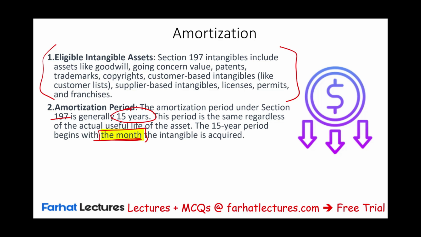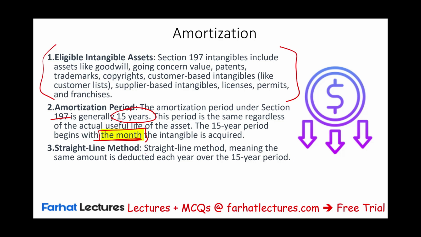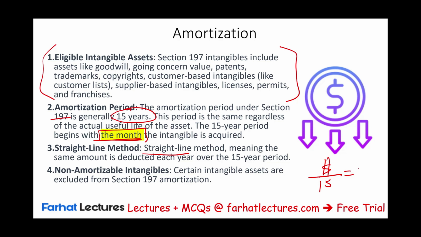Because on the CPA exam or on your exam, they might trick you, give you a date, and you may not pay attention to that. Which method would you use for amortization? We would use the straight line. Pretty straightforward. Hopefully we all know what the straight line is. Take what you invested divided by 15, and this will be your yearly amortization. Now, if it's not yearly, you'll have to multiply this by a prorated amount, which we'll see in a moment. Now, if you are told the asset has an indefinite life, it's non-amortizable, it means we cannot amortize it. We cannot make a deduction. In the absence of that, intangible assets are amortized.